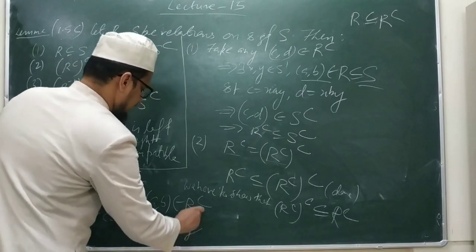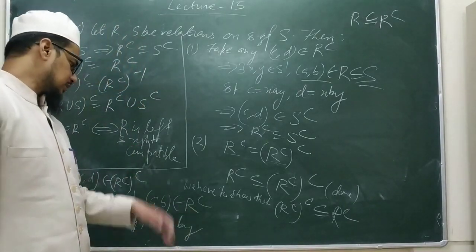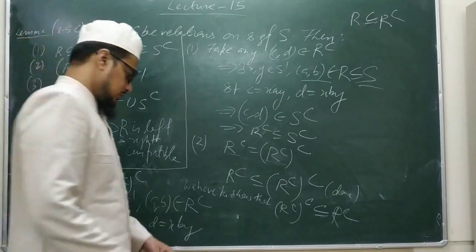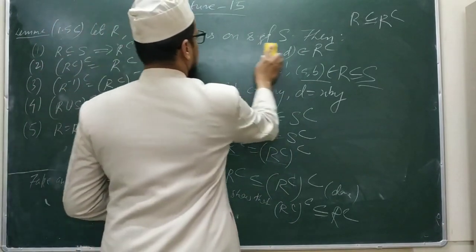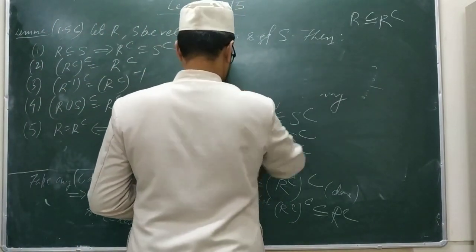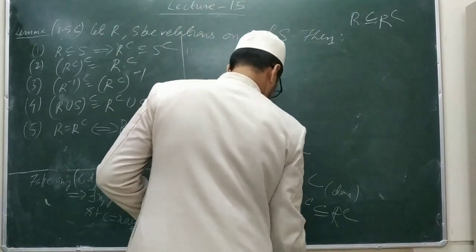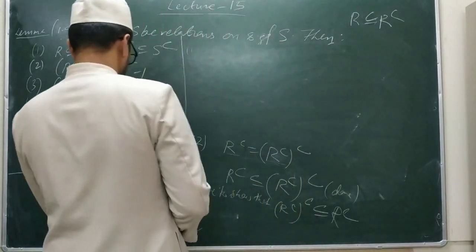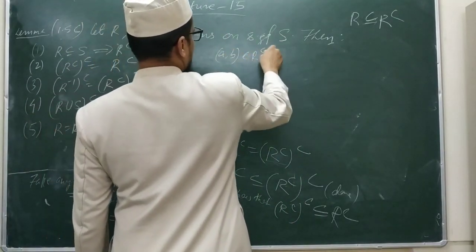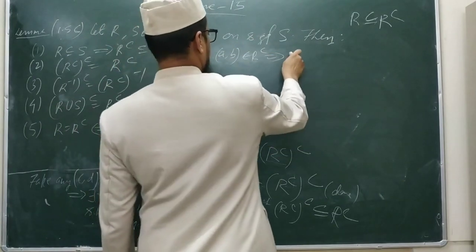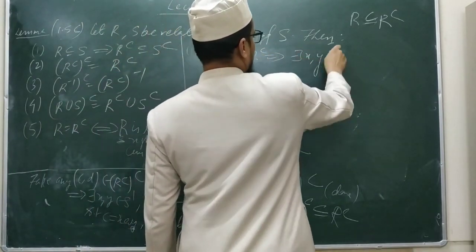Now when A, B belongs to RC, it implies that there exist X, Y belonging to S1